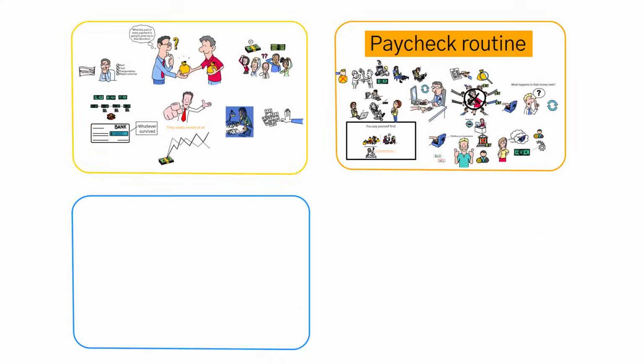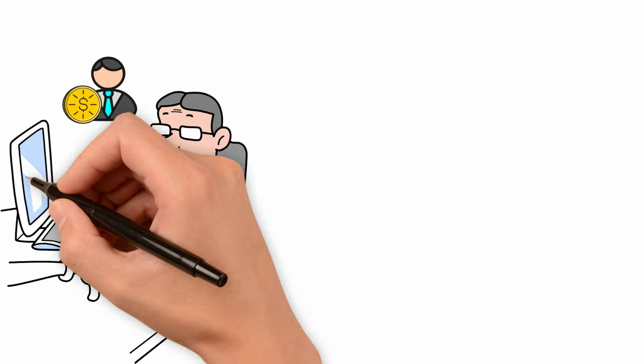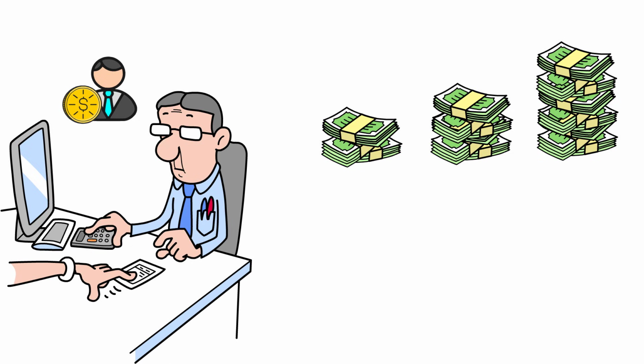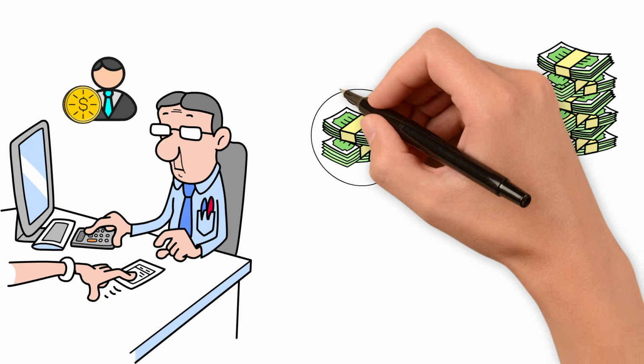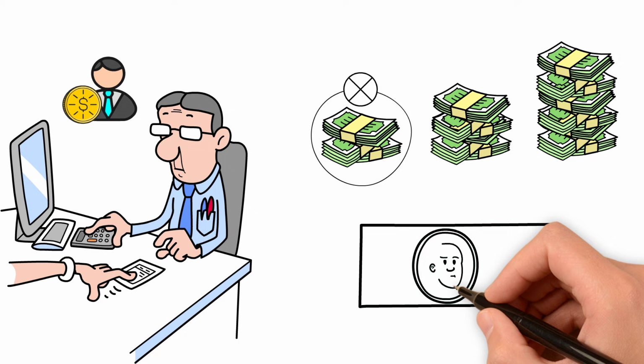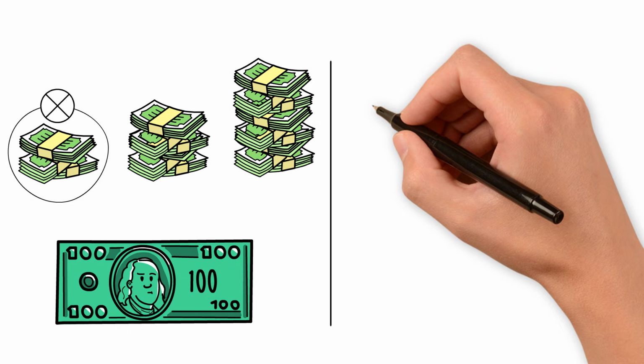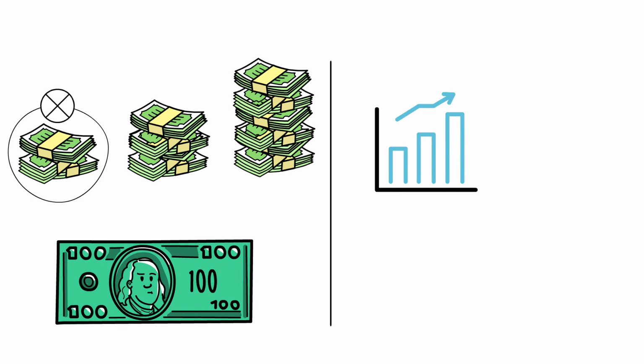Now that you've created a routine where your money goes the moment you're paid, the next step is giving that money a place to grow. Because setting it aside is great, but letting it sit there forever isn't the goal. You want it to join your first $100 and actually start working. And the simplest way to do that is by putting it into one reliable investment that grows over time without